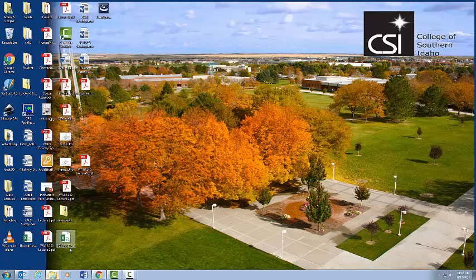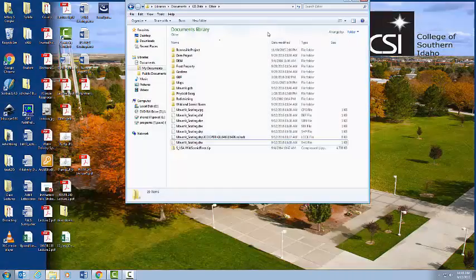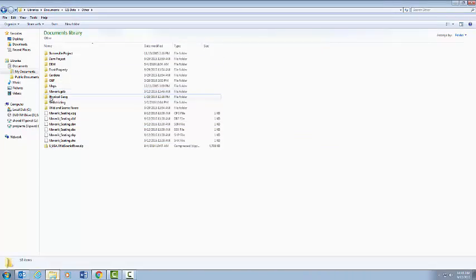So what I want to do is navigate to the folder where my files are saved, and here I've got the Maverick GDB plus the standalone shapefile. Let's start with the standalone shapefile. Here you can see that just that one shapefile alone is a combination of 6 different files. If I open up my email and try to send just one of these, it will not open correctly within ArcMap. So I need all these pieces,